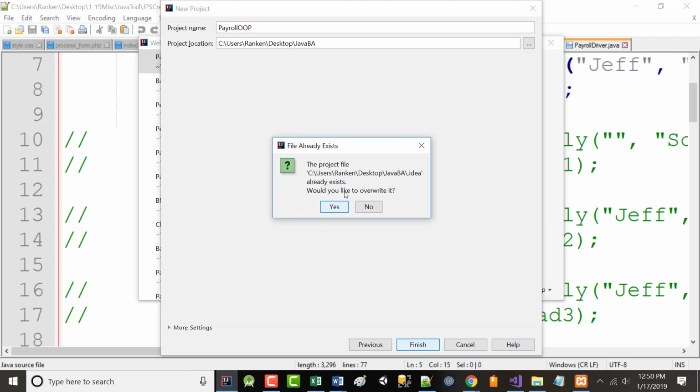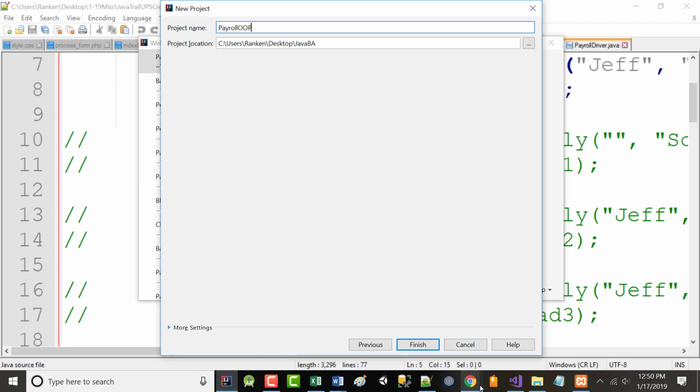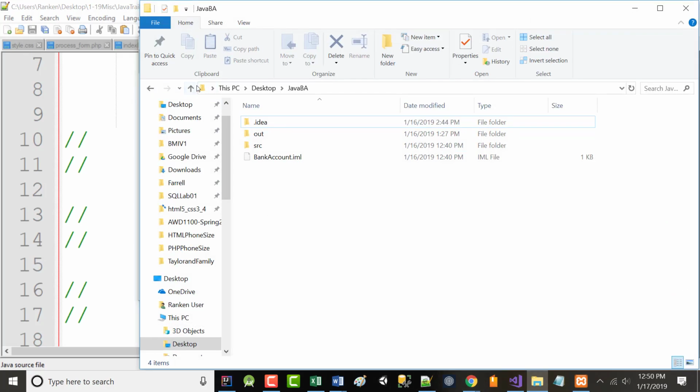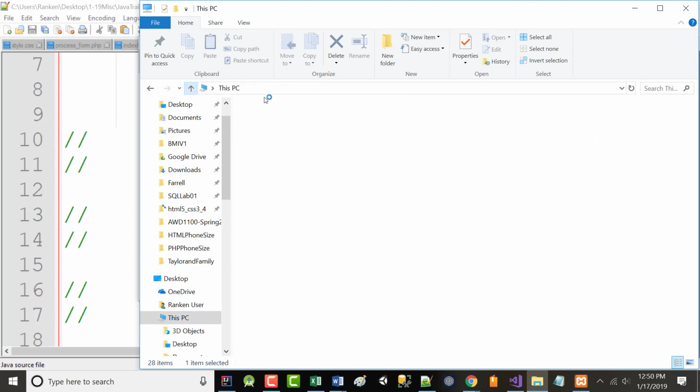It says the project file here already exists. Yes. You should just make a new folder. Yeah, I know you should always make a new folder. You're right. I thought that this was a folder that was just called Java. It's not. Basically, I thought it had a bunch of stuff in it. It doesn't.